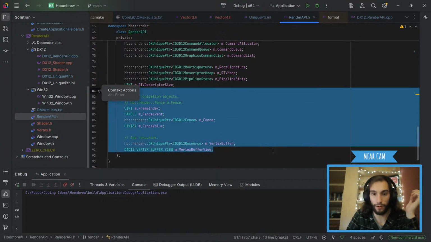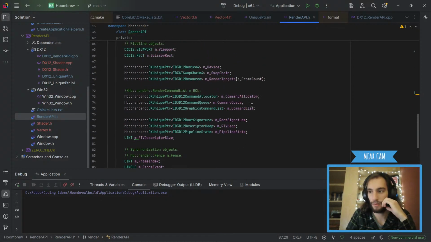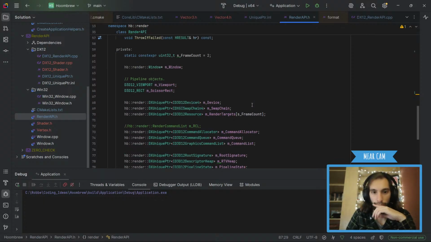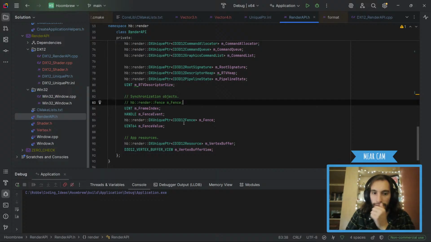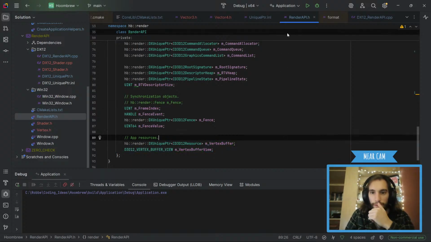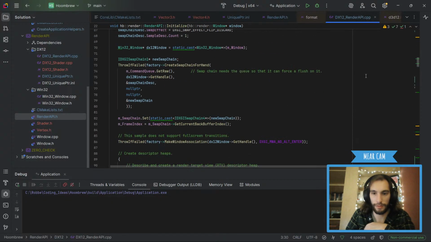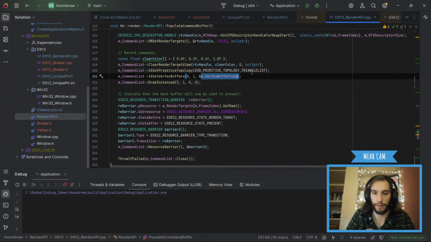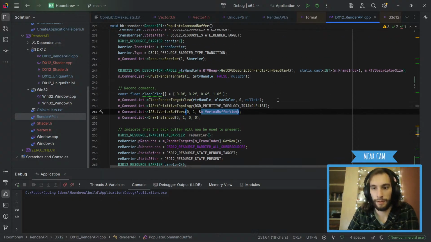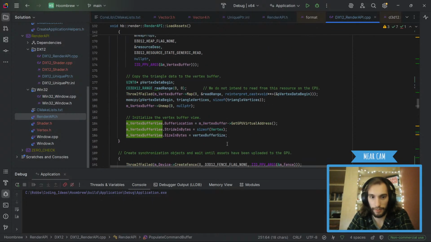We still need to get rid of all of this stuff. Vertex buffer, view, vertex buffer. Oh my god, we still need to get rid of so much stuff in here. Oh boy. I don't like any of this. Right, we need to make a fence, we need app resources. I still don't know, where are we actually using this? This might end up in the mesh class, actually. So let's see, where's the vertex buffer? Used. Vertex buffer, okay. So that's what we're gonna use in a second. So if we make a mesh, don't know where the vertex buffer is actually filled in. It's here, right?